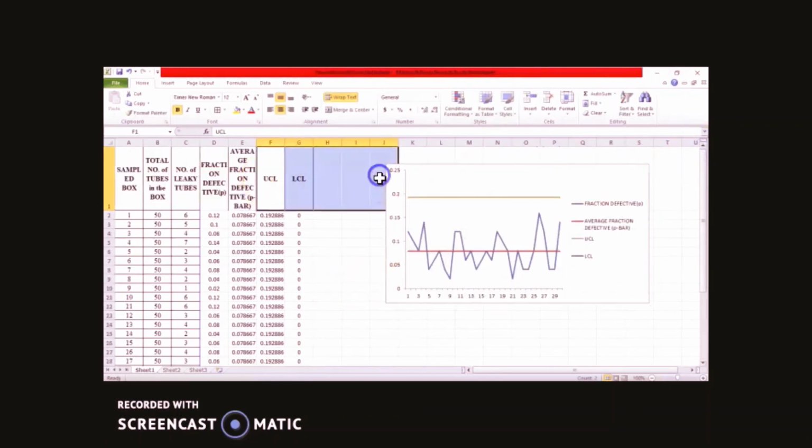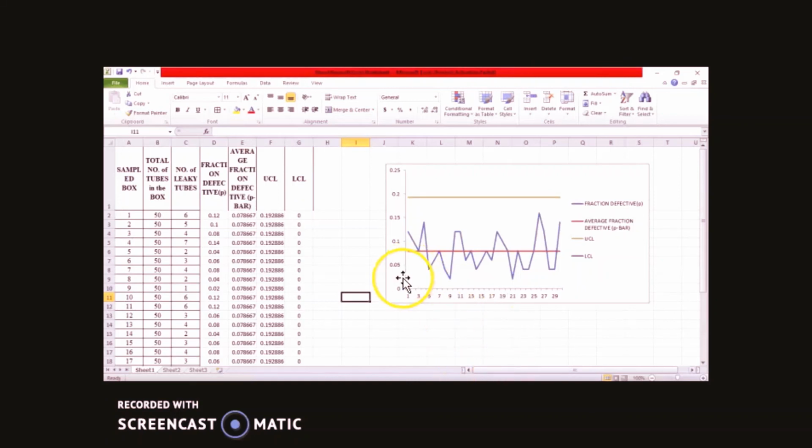Okay, so this is how the construction of the P chart is undertaken, how you prepare the fraction defectives in a given process, in a given problem. You can see there is no point here which is exceeding the upper control or the lower control limit. So you can very well say that all the points lie between the upper and the lower control limits, and we have a process of manufacturing tubes which is under statistical control with respect to the fraction defective, and that proves that there is no need to revise the control limit.